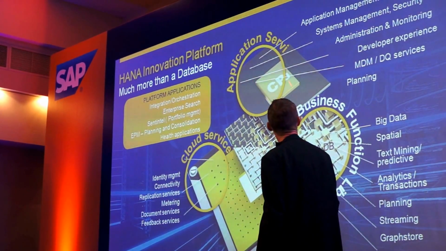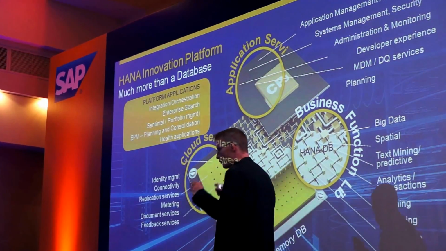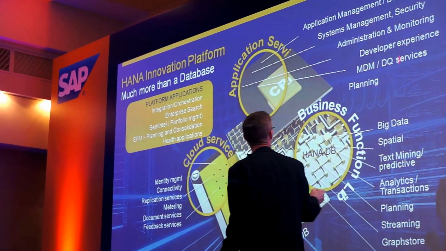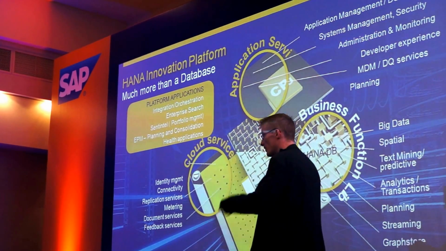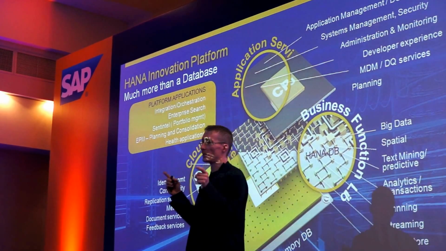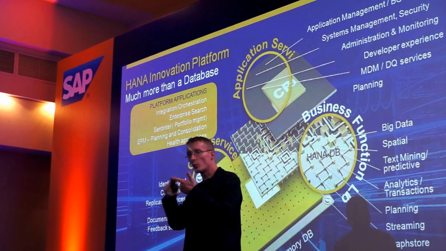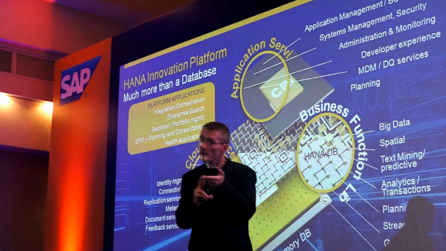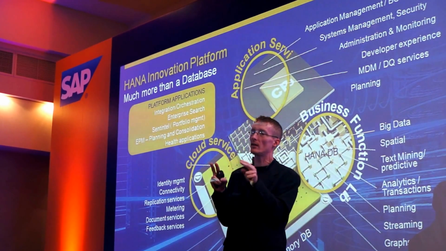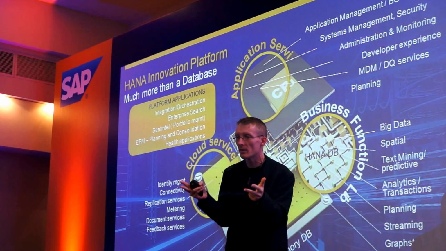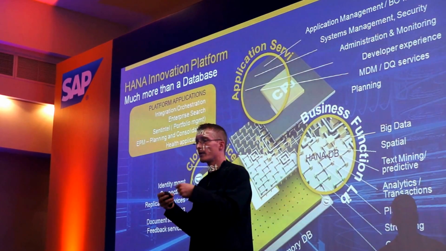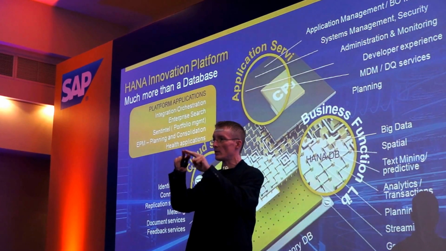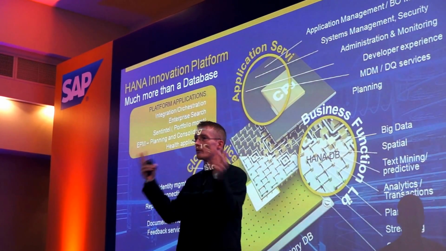Second, it is offering a lot of services which you normally don't get just by using a database. So you have services like master data management, data quality, and administration of your landscape. You just have to administrate just one landscape instead of having two, one scaling with the application servers and second scaling with the database. And of course you have a lot of performance improvements because you are doing that totally integrated with the database. And why can we do that? Because we as SAP are the providers of the application server, of the database and the applications. So we are the provider who can integrate that into one offering, into one system without this overhead of having multiple systems.